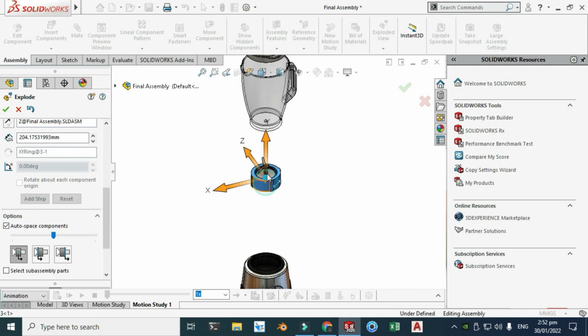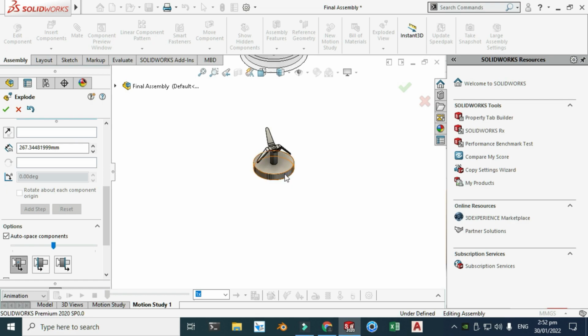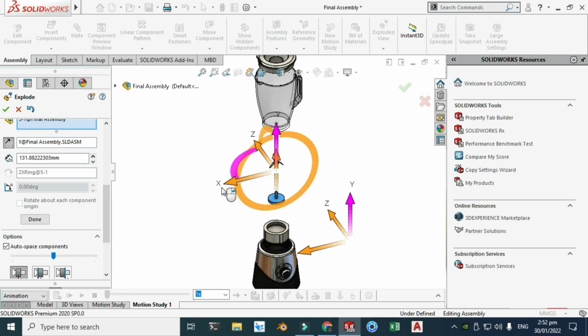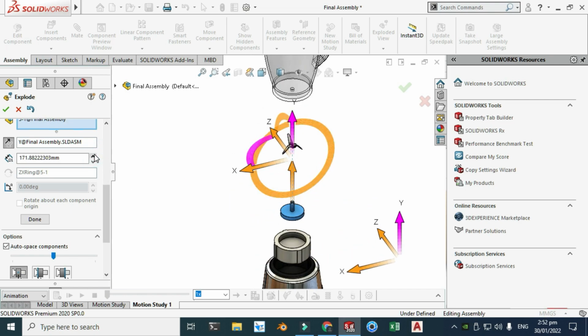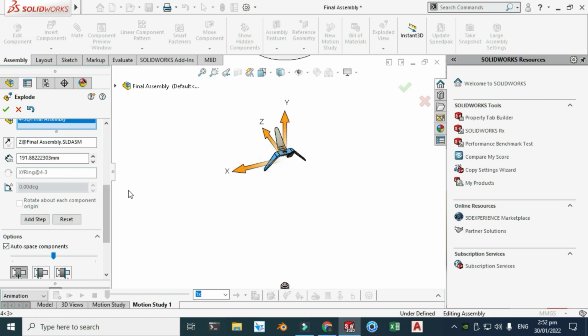Next is this one, downwards, and up to here. Okay, done. Next is this one, downwards, and up to here. Click done, and we have two blades.